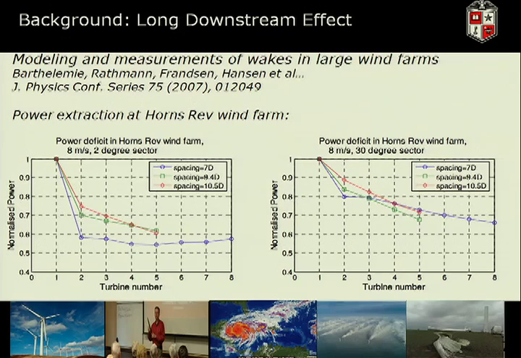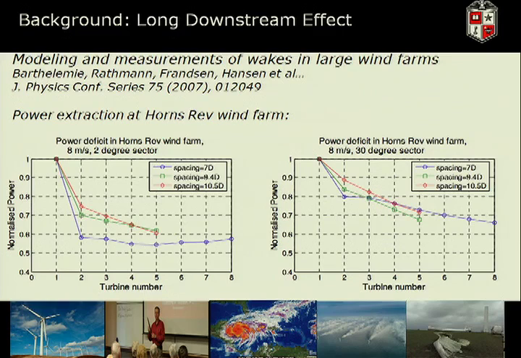Now, let me show you this graph here. This is a very, very famous picture by Rebecca Barthelmie, and what she showed here is a normalized power. So it's the power of the first turbine by the incoming flow. And then on the bottom, you see the number of turbines. So if you look at the offshore wind farm at the bottom, what you see here is the separation distance between the turbines makes a huge difference. And that separation distance is critical because it's the wake-to-wake interaction of the entire rows.